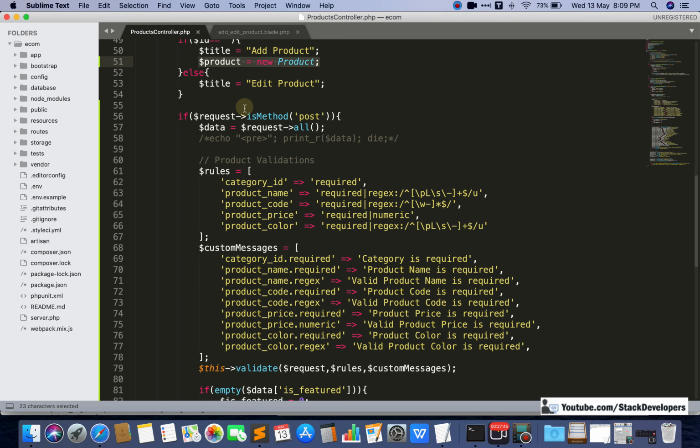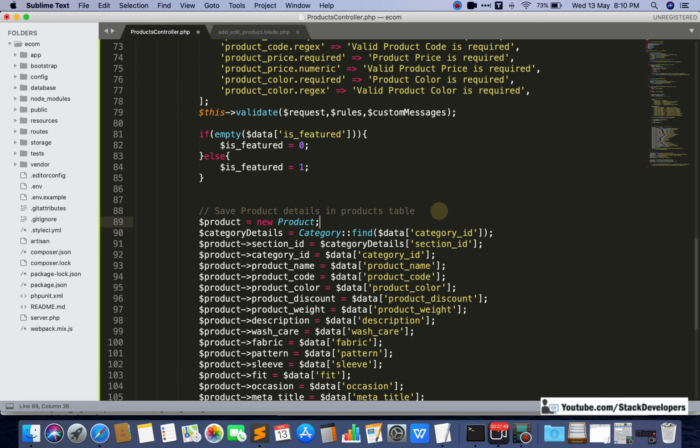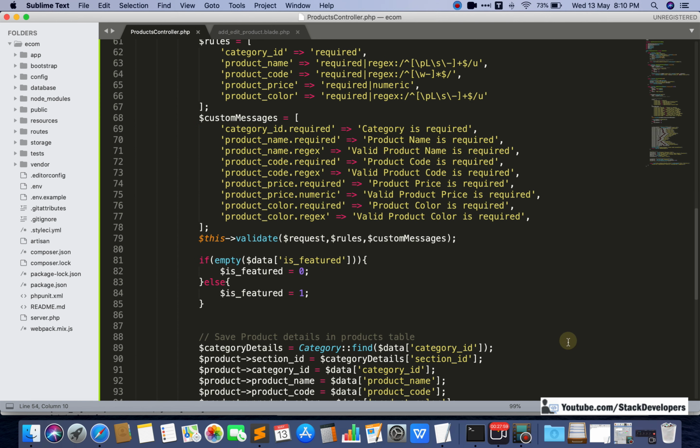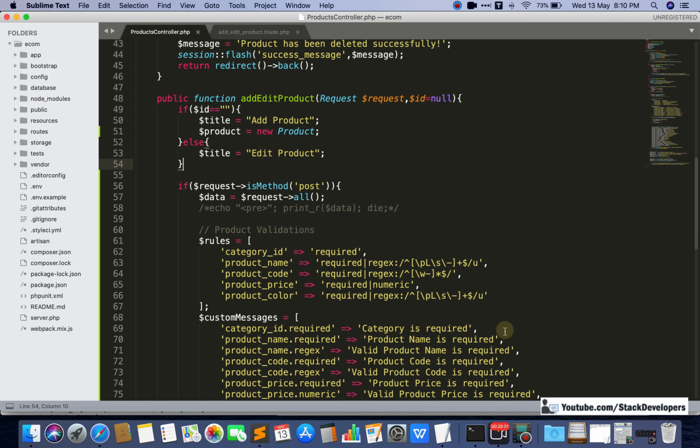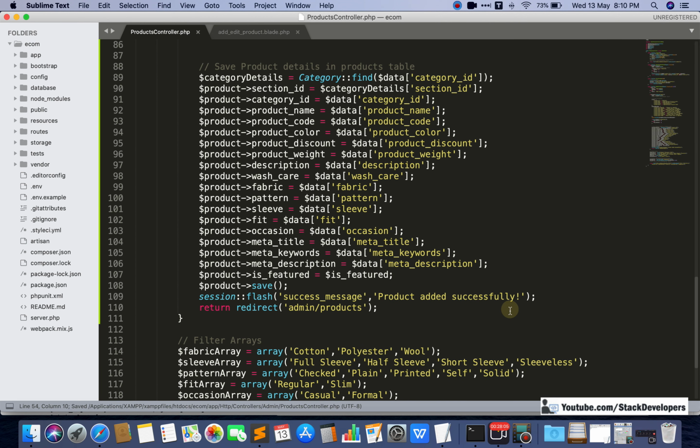Otherwise we can do it like this, but we are not doing like this. We are just adding it here, so it is one and the same thing, because otherwise this condition we would need to add there only, but we have added it at the top. That is fine, no issue, you can add it anywhere you want. Okay, so we can test it now.